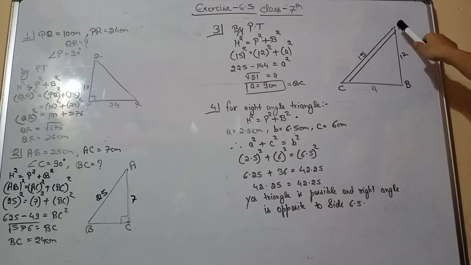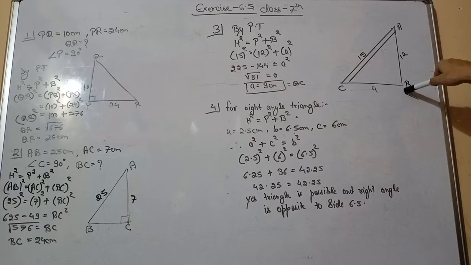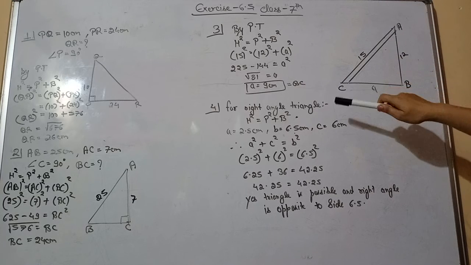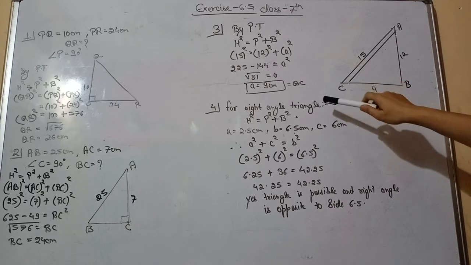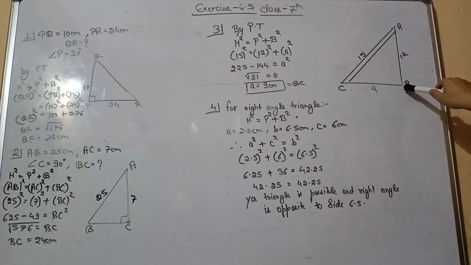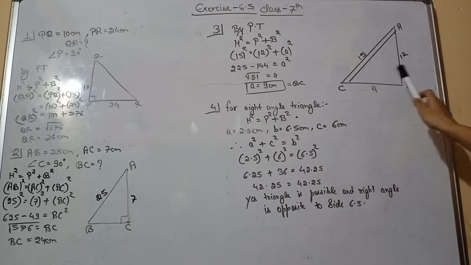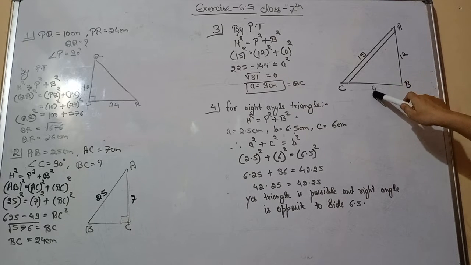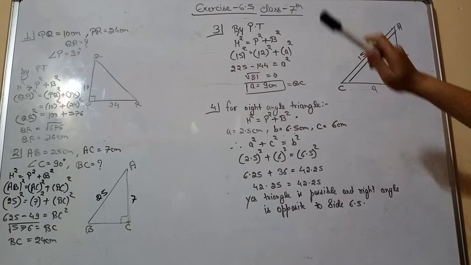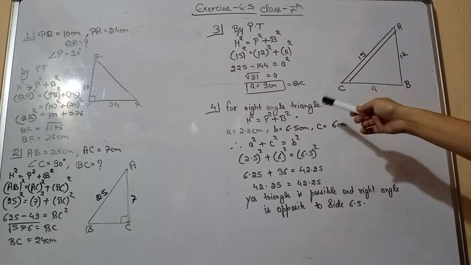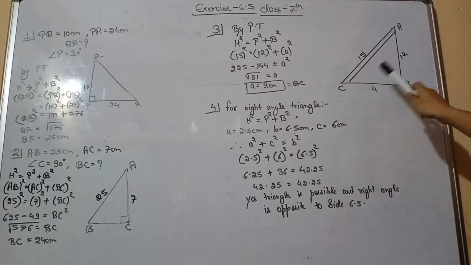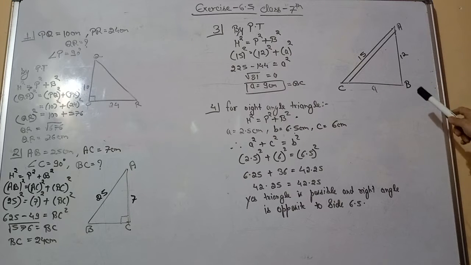This is a ladder which is placed on a wall and this is the height of the window on which the ladder is placed. We have to find, this is the foot of the ladder and this is the last point of the wall, or we can say the ground of the wall. So we have to find this distance. In this right angle triangle, this is our base, this is the perpendicular and this is the hypotenuse. Again we will apply the same Pythagoras theorem here. After applying, what will we get? The value of BC, or we can say the value of A, is how much?